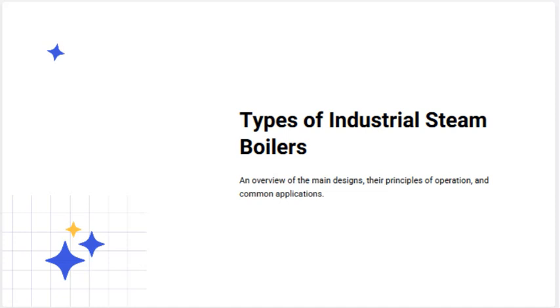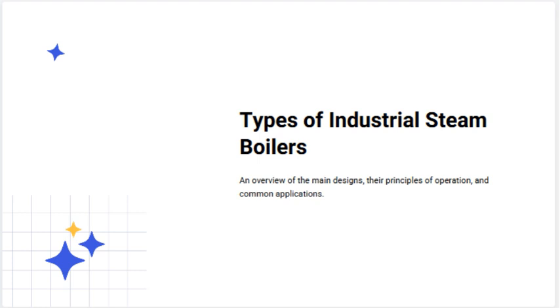Let's take a closer look at the different types of industrial steam boilers. In this slide, I'll give you an overview of the main designs, how they operate, and where they're commonly used. Understanding these variations is crucial because each type has unique advantages and is suited for specific applications. As we go through, I'll highlight the key principles behind each design so you can see how they fit into the broader picture of industrial steam generation. This will help us appreciate the importance of choosing the right boiler for the right job, which is a central